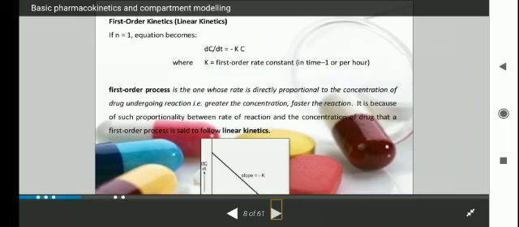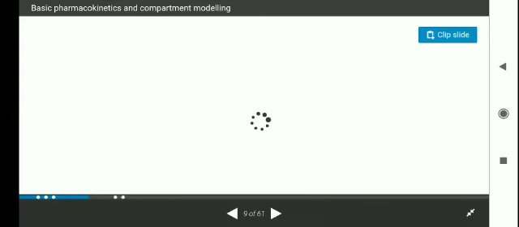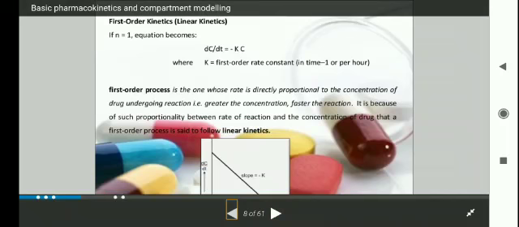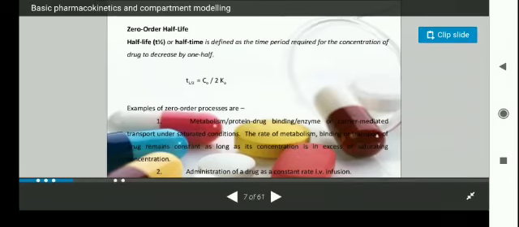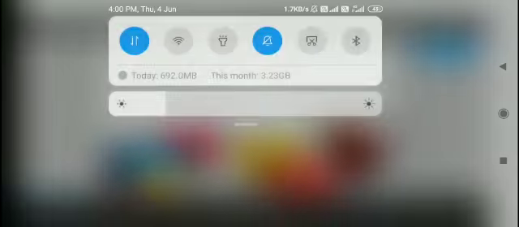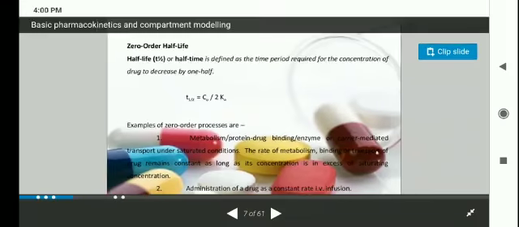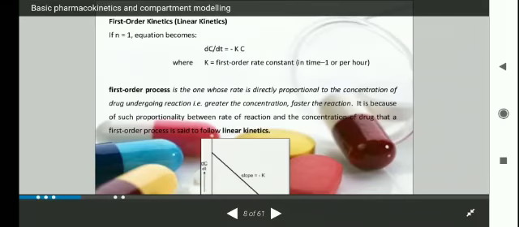Okay, so the greater the concentration, the faster the reaction. If you eat more, you can run fast. And for zero order, you can have a basic example: whatever capacity you have, till that limit only you can eat. Okay, more than that you could not. That is zero order, so independent of concentration. You could not have more bulkiness in your stomach. But here it is related to your rate constants. Okay, and this rate constant is always dependent in nature. Okay, so apart from this, this is first order. You have seen already.